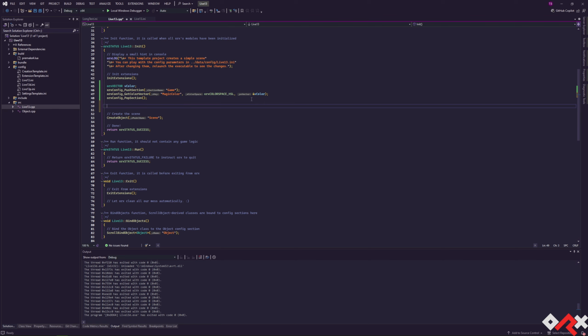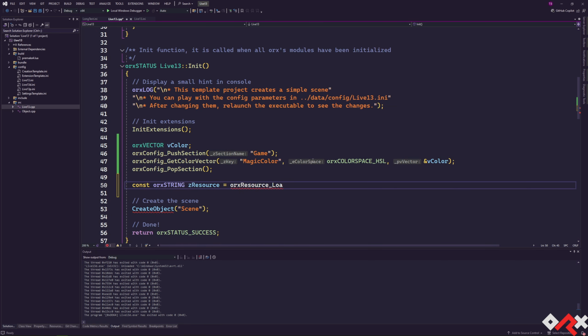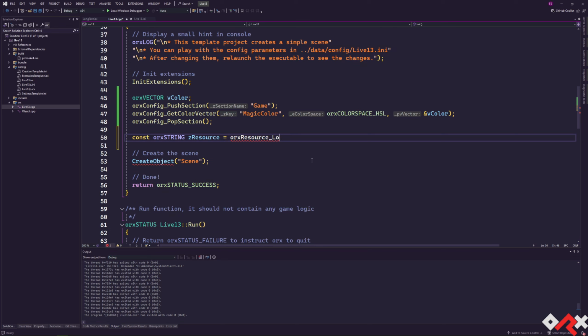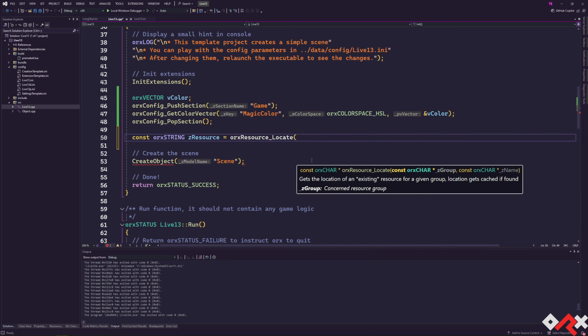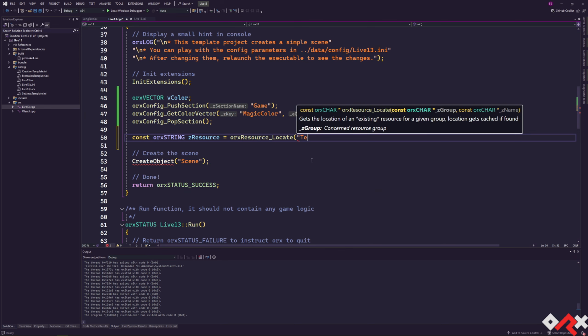So let's start. First, we need to find the location. So const arc string z resource, and we want to locate it. Resource locate. Oh, right. I forgot to make it more visible. There we go. Sorry about this. We're going to locate the resource. We say that it's a text config. That's not at all. It's long text.ini,